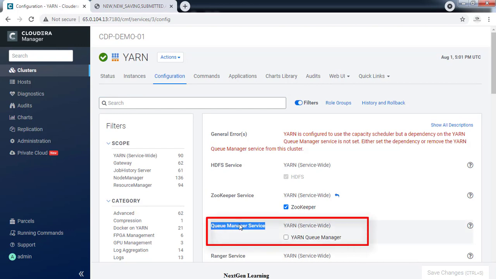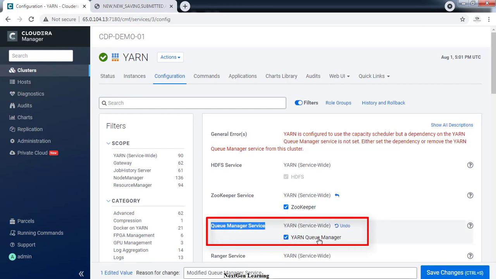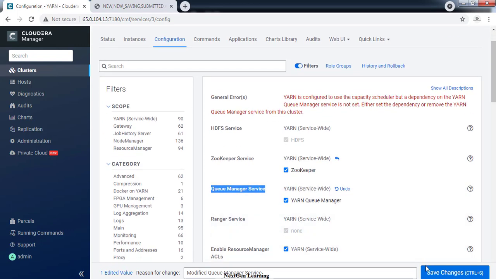So we have to modify this option. Select Yarn Queue Manager as the queue manager service. Just tick and select this service, save, and restart. So we just changed the queue manager service to Yarn Queue Manager service.